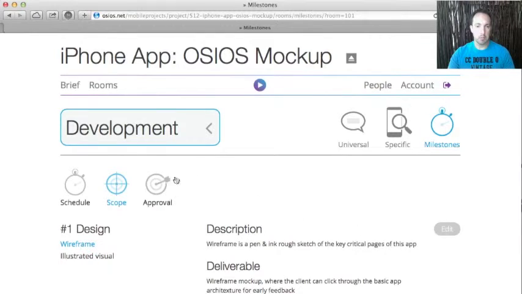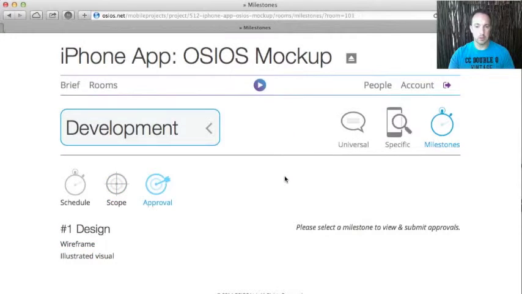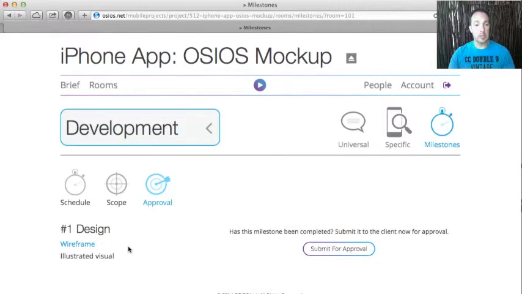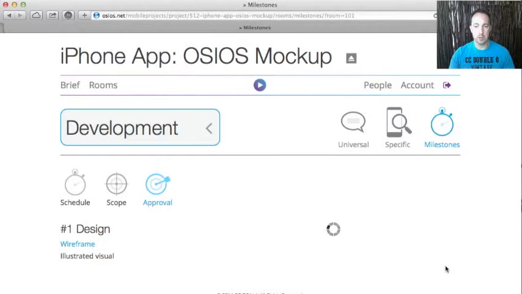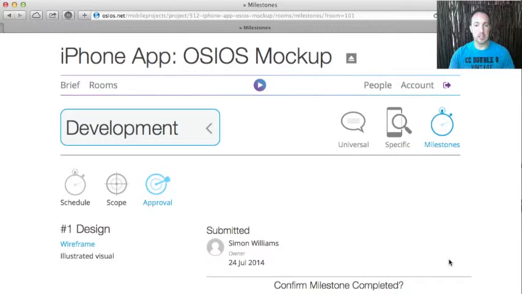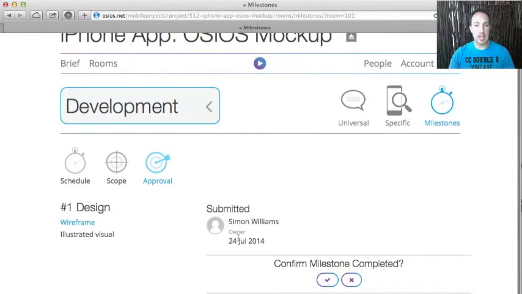Let's just quickly move over to the approval section. Again, we don't have anything set up currently. So I've clicked on wireframe. Has this milestone been completed? Of course I haven't done it yet, but let's just pretend I have. Submit for approval, and you can see that my name's listed there and the date that it was achieved. The client can go in here and just click and confirm that that's been completed and allow us to move on